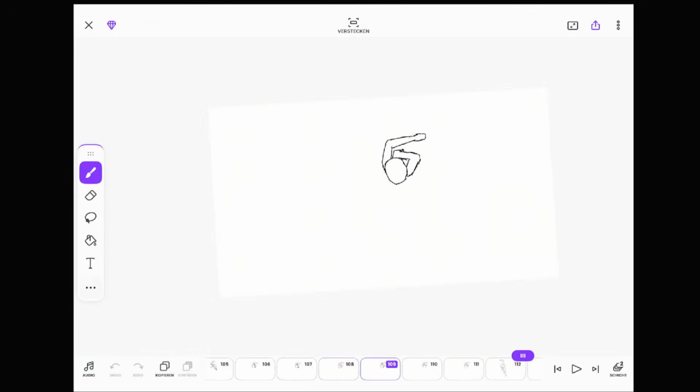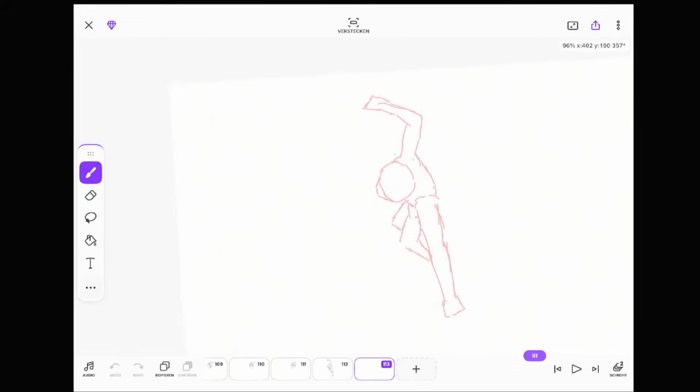It's doing like a roll. The roll goes a little further.